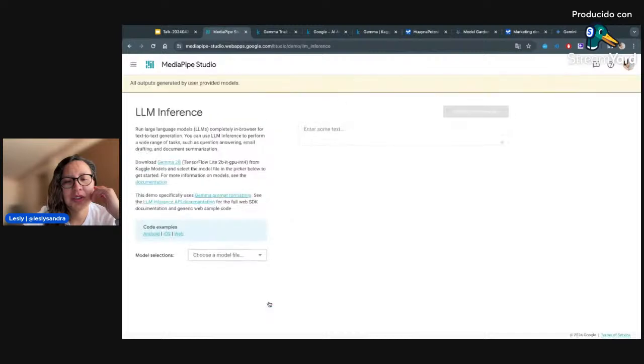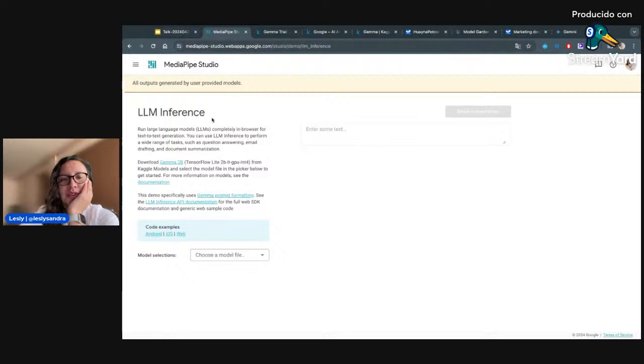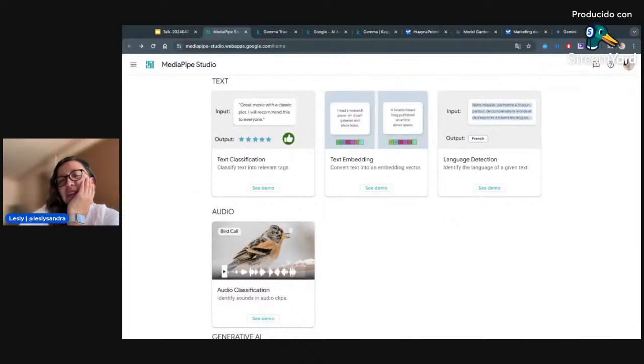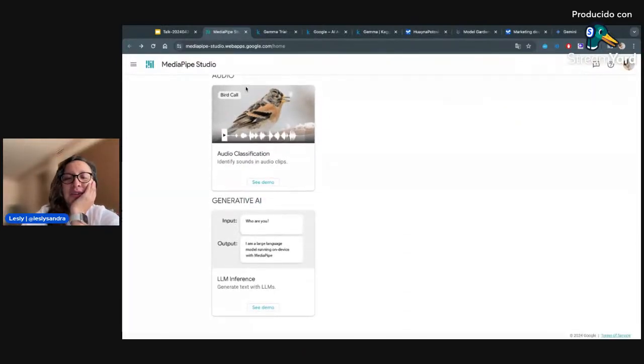And if we go to this demo, where I want to build something that's going to work on device, a mobile application, an IoT, something, you have to choose a model. What is expected to be loaded here is Gemma. That's why they also send you to Kaggle to start doing all of this. Once you download Gemma and upload it here, you can start chatting and you have large language model inference there. So it's really cool, also if you want to test a little bit of AI for your prototype that is using mobile or another